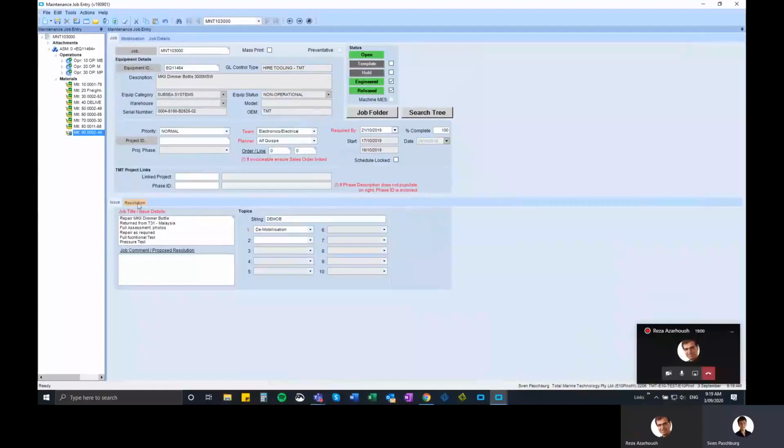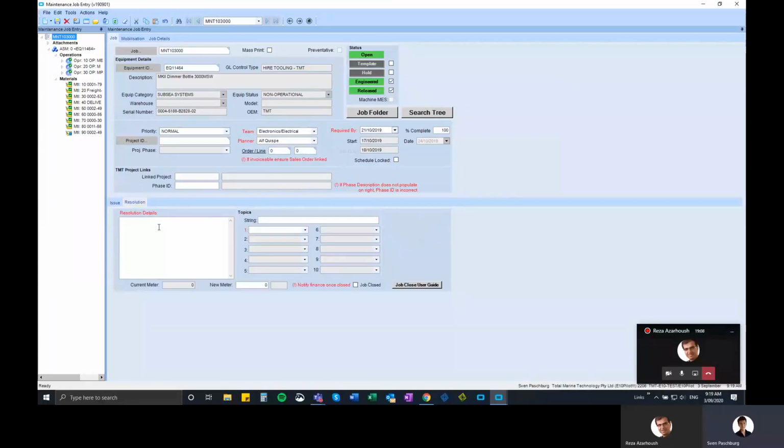And then what you just do is, maintenance job is usually to do maintenance work. There's an issue, and then there's a resolution. So you go to the resolution tab. You might type in some details such as found faulty seal or whatever. You can put some other comments in there, and then you can job complete, any other comments that you require. You then pick a topic for the completion. So it might have been unplanned maintenance, for example. Save that. And then at that stage,